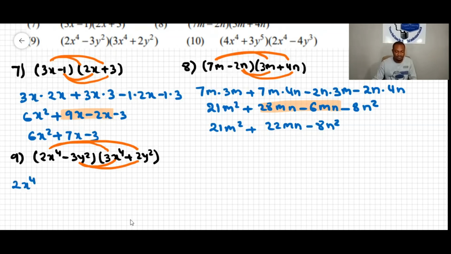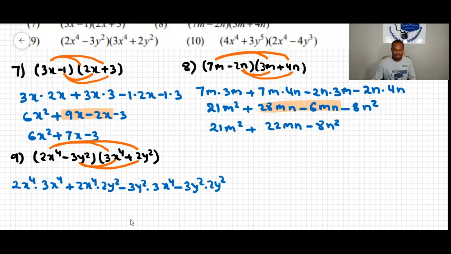2x to the 4 times 3x to the 4 plus 2x to the 4 times 2y squared minus 3y squared times 3x to the 4, and then minus 3y squared times 2y squared. Okay, so here we can combine, we can do 2 times 3, that makes 6x to the 8. When the bases are the same, we add the exponents. So we multiply the constants and then we add the exponents, and then plus